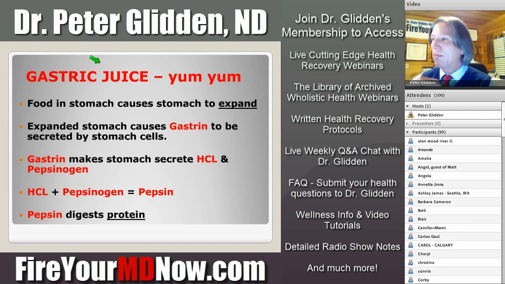Now, when you combine hydrochloric acid and pepsinogen, you get a digestive juice par excellence. The combination of hydrochloric acid and pepsinogen creates a chemical called pepsin, which digests protein and a lot of other